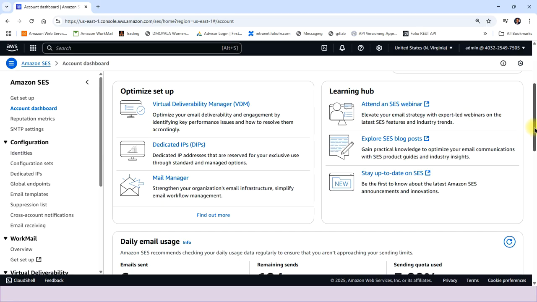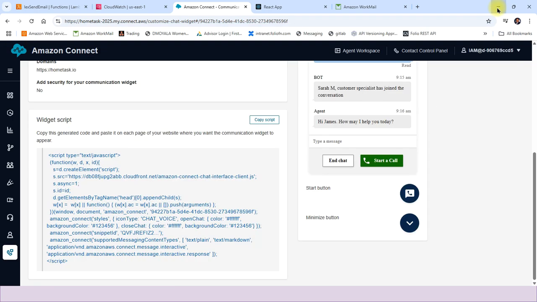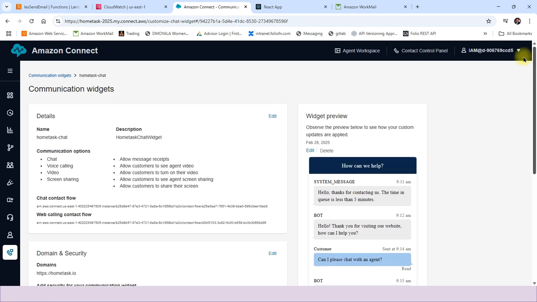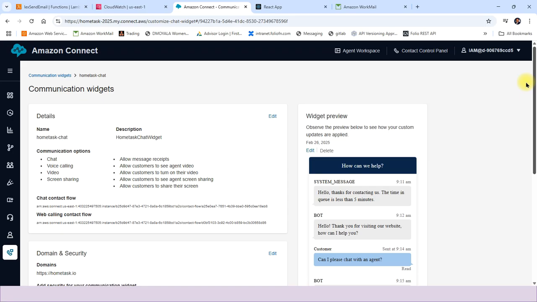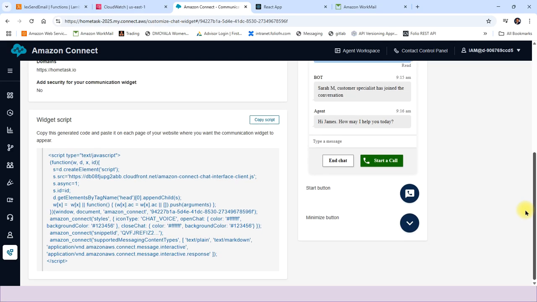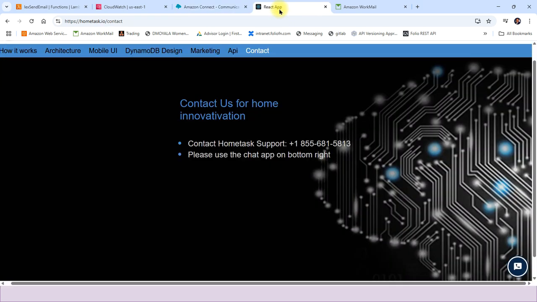A different story. Don't want to bore you with that, but I just want to tell you that the key to success here was create the Lexbot, then create a communication widget that had certain icons for you. Then this code, you copy this code and you put it in your website and you wind up with this. Now, keep in mind that what's interesting here